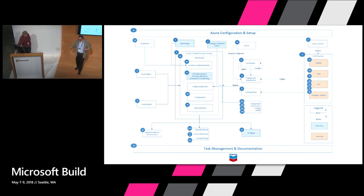As we started going down this path, one of the things that we did was we defined this concept of an end-to-end pipeline that took into account both PaaS-style applications and traditional IaaS-style applications, took into account in-house developed things and third-party application, off-the-shelf stuff, and it took into account services that were simply backbone things that are kind of an application in their own right. This pipeline basically defines all the components that it takes to get from this infrastructure as code definition to a